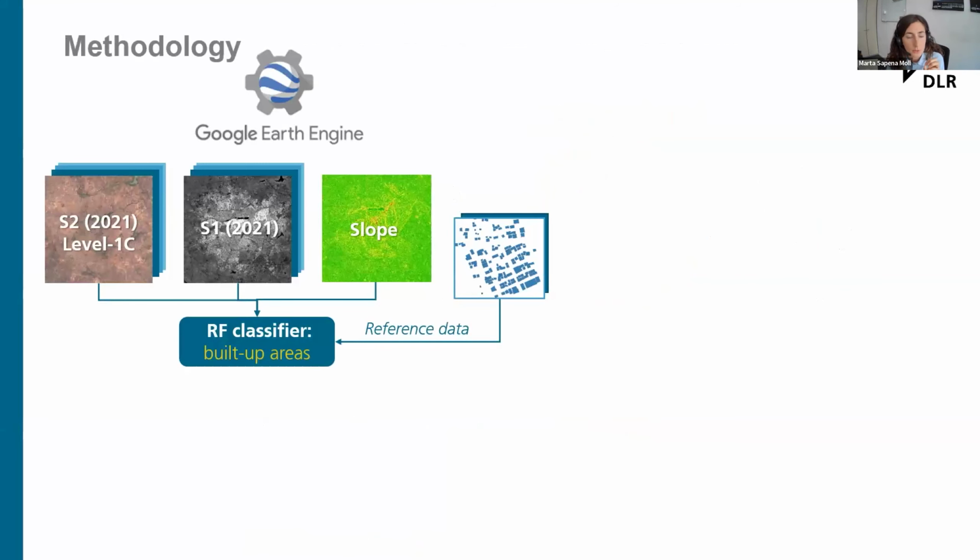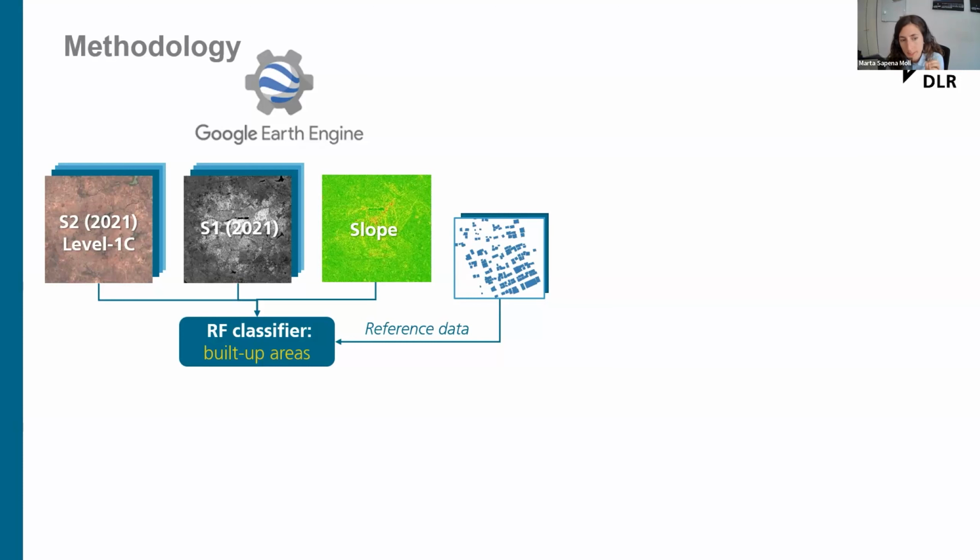And how does it work? What we do is we use as reference data to learn in our model built-up areas by using the new data from Google buildings. And this data is produced for 2021. So what we do is to collect all the Sentinel data for this time. We also use additional data from slope of the terrain. We create statistics from the different bands of Sentinel, and we create a lot of parameters.